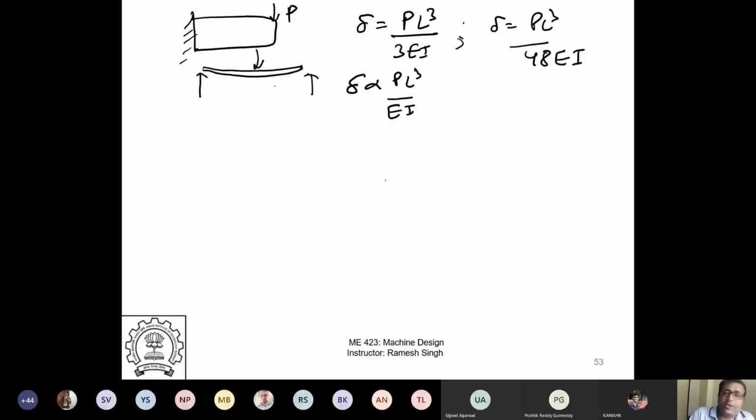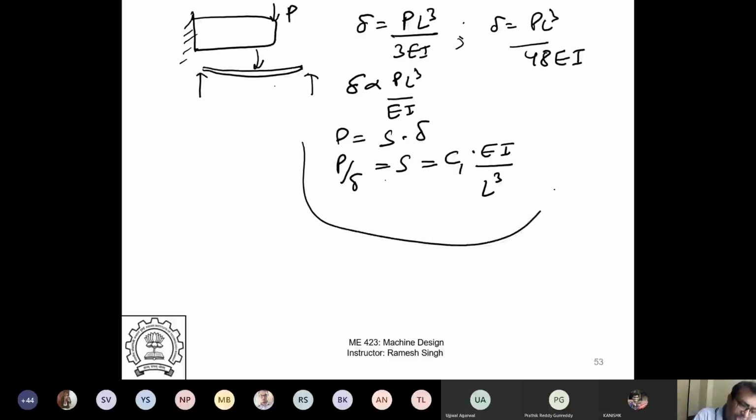This is what I wanted to say. And P is equal to stiffness times delta, right? So P by delta will be stiffness. So P by delta is equal to stiffness is equal to, if I have some proportionality constant C1, EI over L cube,